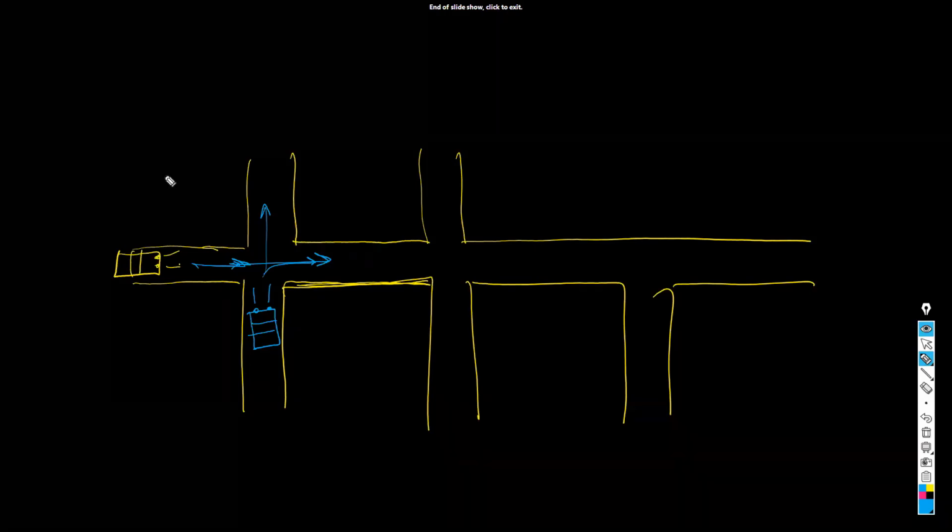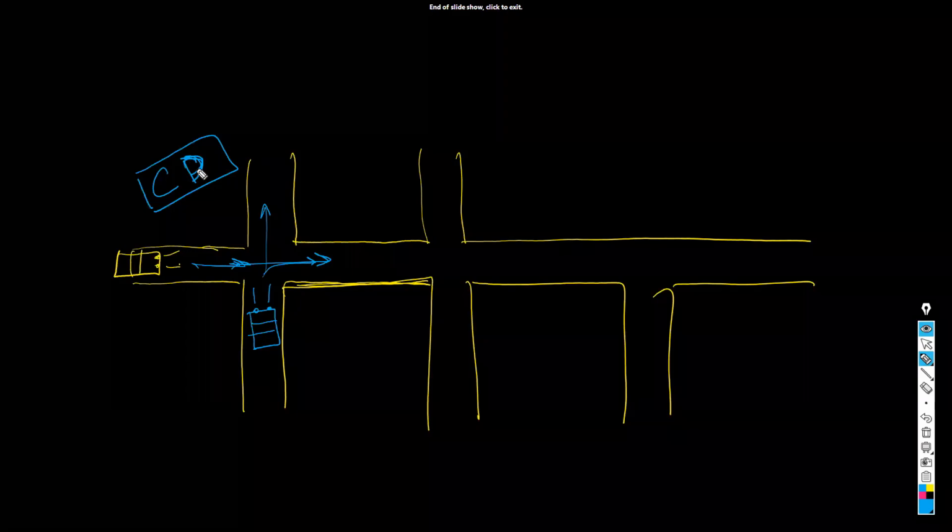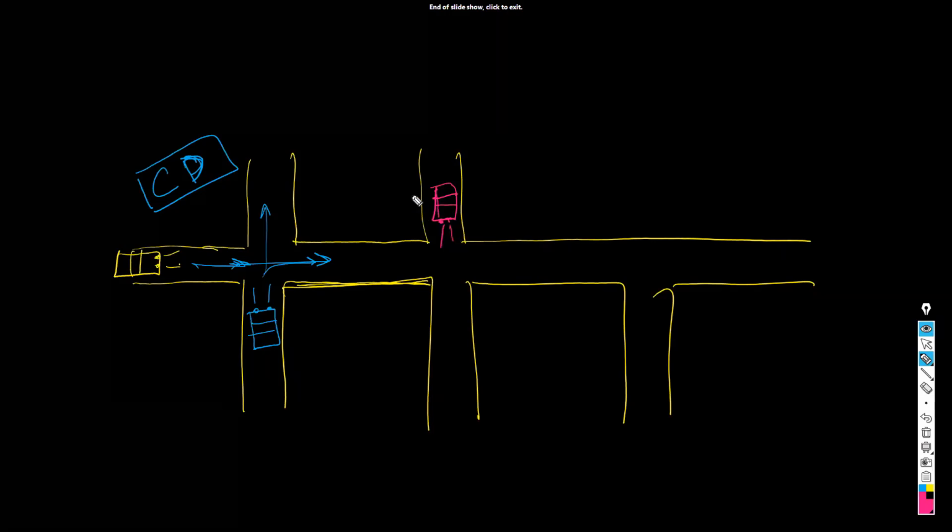So this is called a collision domain, means wherever there is a chance that the two messages, two cars will collide with each other. Similarly, if there is a pink car, this kind of car, it also wants to come this way. So can both of them, like yellow, blue, green, all of them can go at the same time? No, because there is a chance that they will collide with each other, right?